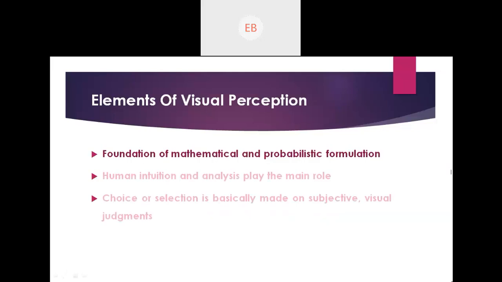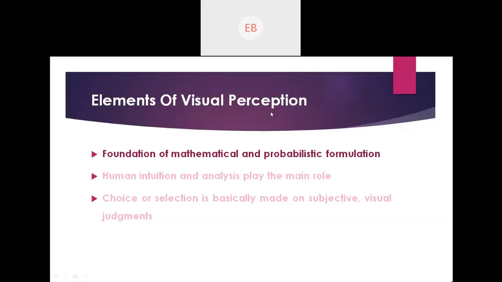Okay, then going on to elements of visual perception. So what is visual perception? What do you understand by the term visual perception? Perception means the ability to interpret the surrounding environment. How? By processing information that is contained in visible light, we can say that. So the ability to perceive information from the surrounding environment is known as visual perception.